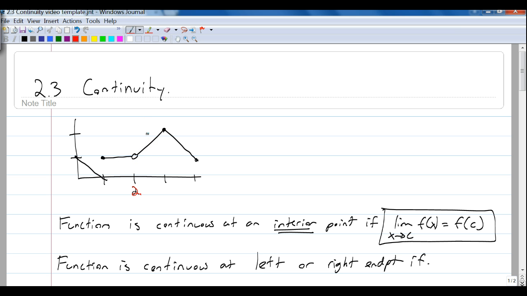However, continuity, you have to look and see, does the graph break anywhere? Okay. So it can have a limit, but it might not be continuous. And for example, on this graph here from 0 to 4, we would say that it's continuous. And I can't spell already. Continuous everywhere